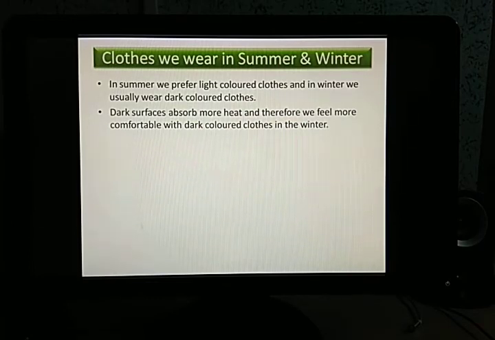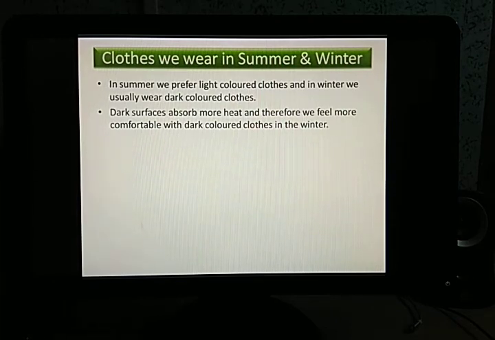Light colors we know, not only white. Yes, although black and white are the extreme cases in both of them. Say white is the lightest color and black is the darkest color, but still there are also other dark colors. So why does it happen? Because dark objects or dark surfaces, we can say, they absorb more heat. Why does this happen? Because light is composed of 7 colors, even if you know or if you don't know. So white light reflects all these rays that fall on it. As a result, it stays cool.